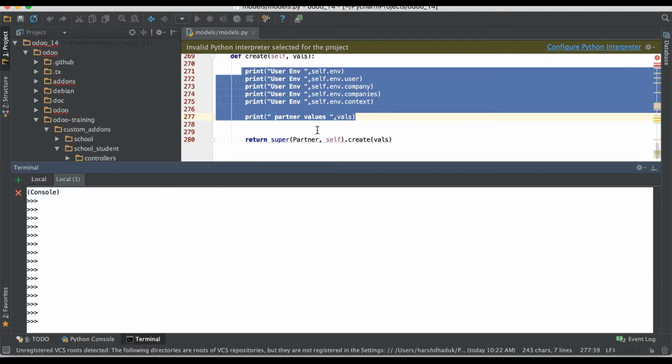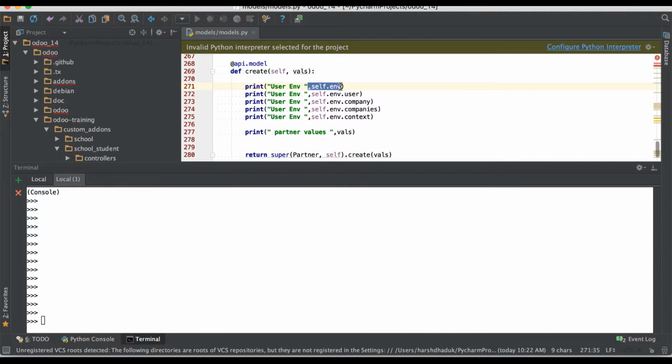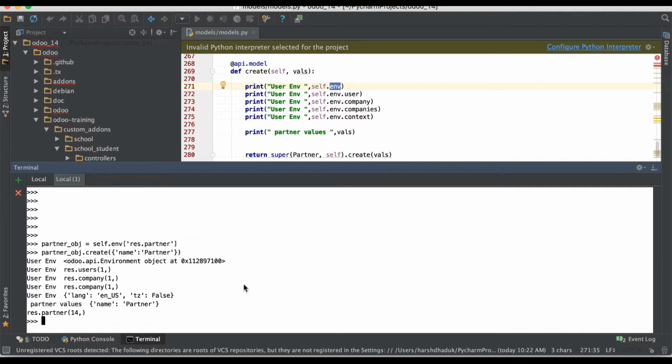So first of all, if you don't know what self.env is, we already discussed it in the previous discussion, so you can refer to that one. Let me give you one overview here: partner_obj equals self.env res.partner, then I simply create a partner, something like this,